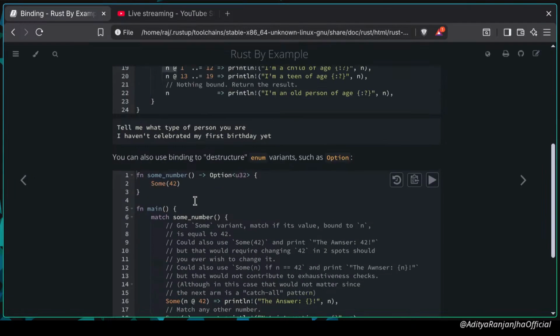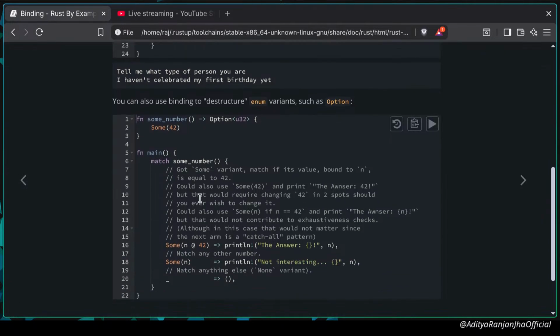I don't know why we are doing this like this, because now we are just matching the whole function called some number inside the function main, and we are seeing something like Some. If n is something like 42, bind with 42, then print "the answer is 42". If Some is just n, without any 42 or just any number, then "not interesting". So it will first of all print "the answer is 42", and then